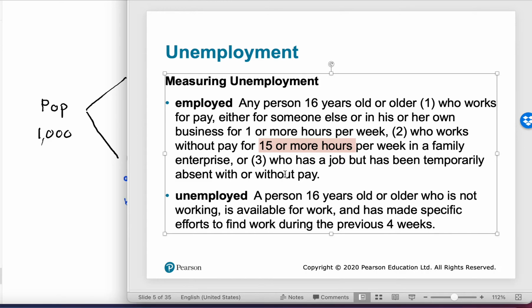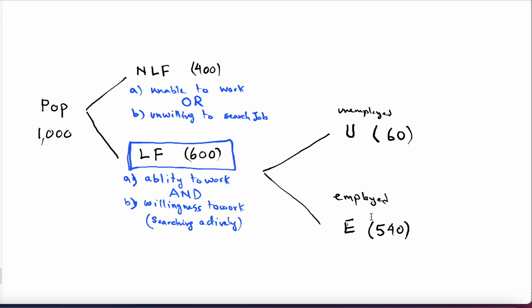They have a job, even if they don't get paid, but this leave is considered temporary. Okay, so these 3 groups are called employed,